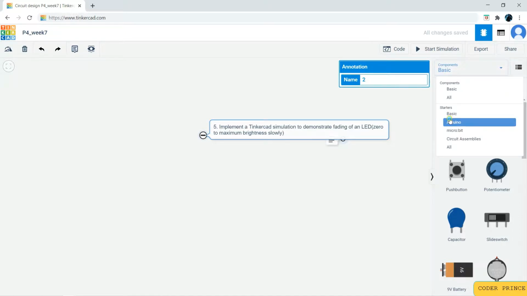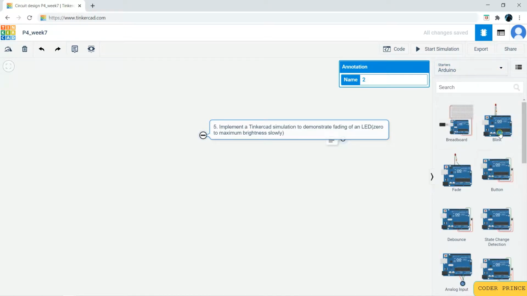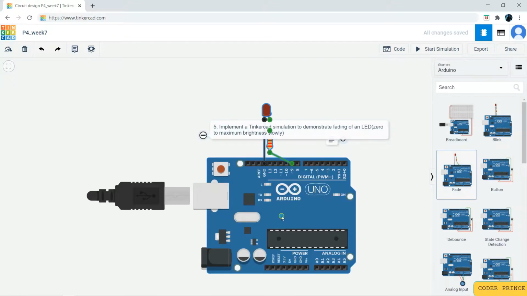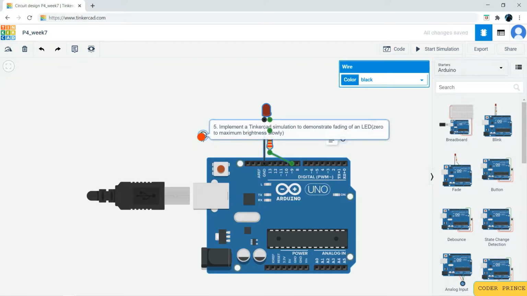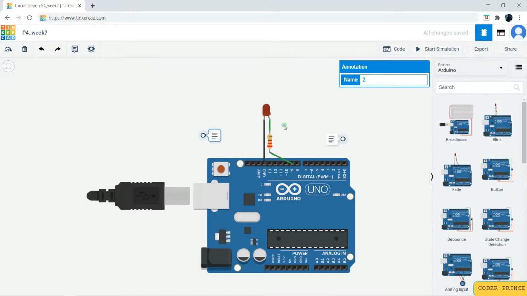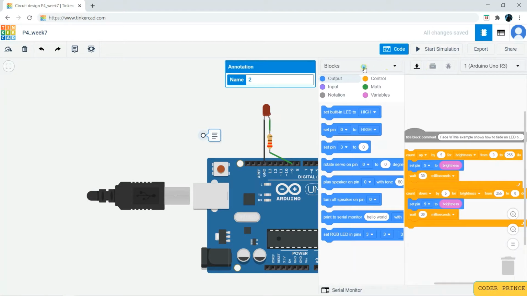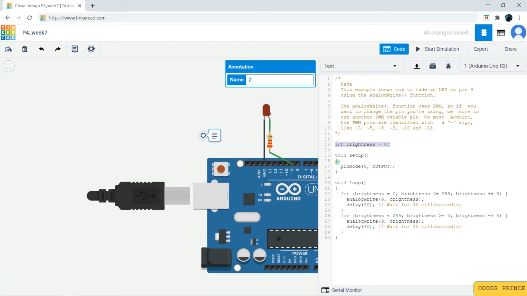So again go to Arduino, and here you will find a fade effect. Just click and drop into your workspace. Okay, so this is a very simple connection. You will have a ground, and you will have a connection to the ground and one to the power port. Go to the code. The code does pretty much of the work here. So here you can see only a few lines of code, what it is and how it is implemented. I'll explain in detail after connecting from the scratch, right?